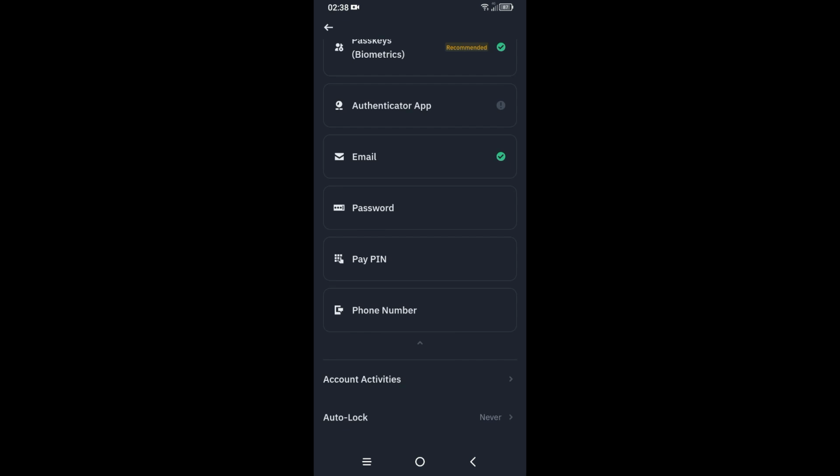Now if you follow these tips and correct any issue with your KYC documents, your account should be successfully verified soon, and let me know if you solve your problem. So this is how to solve